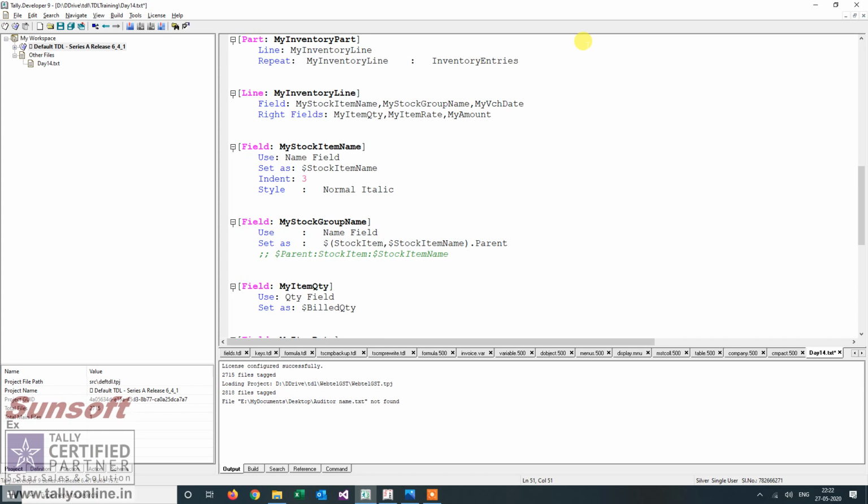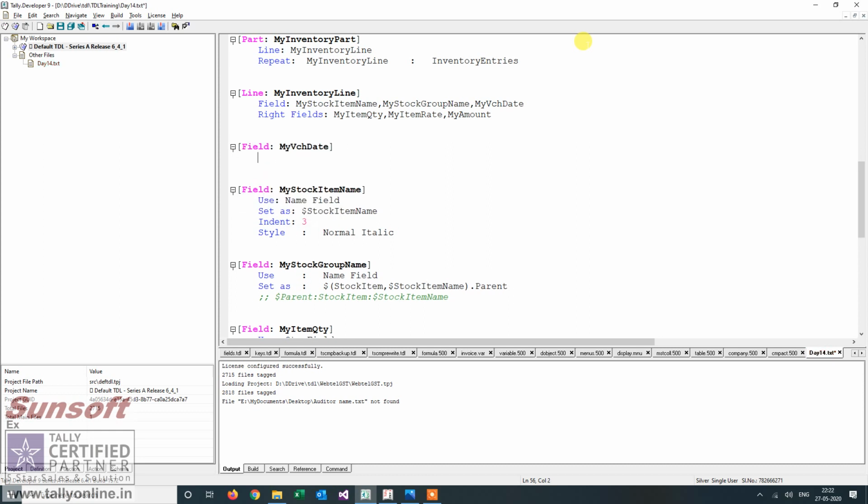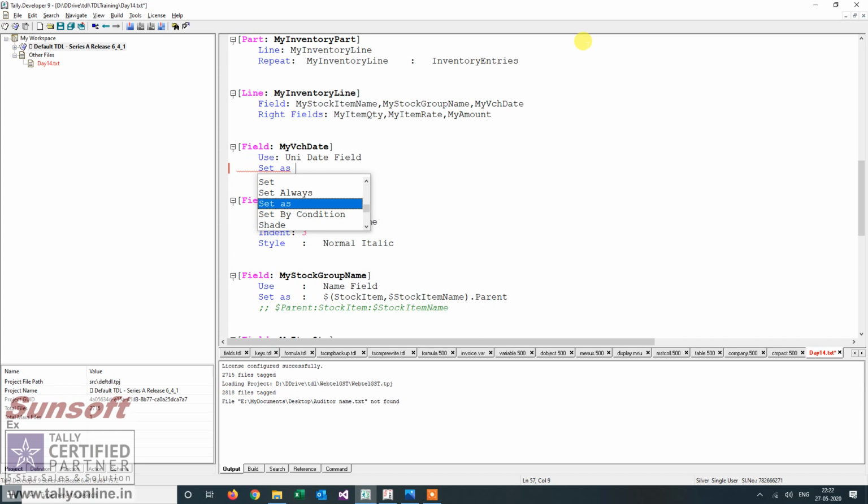I introduce another method. So I use a field template and say set as dollar. Since I am at the inventory entries, I put double dot and say date.